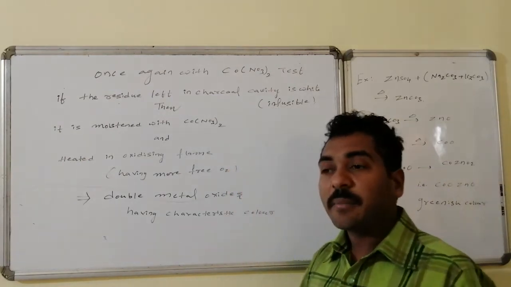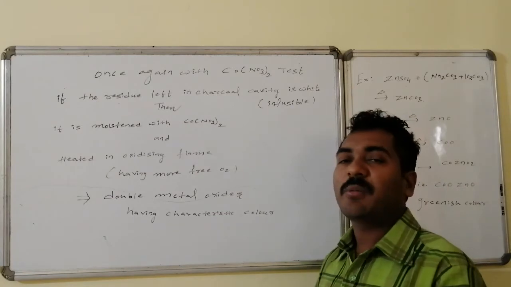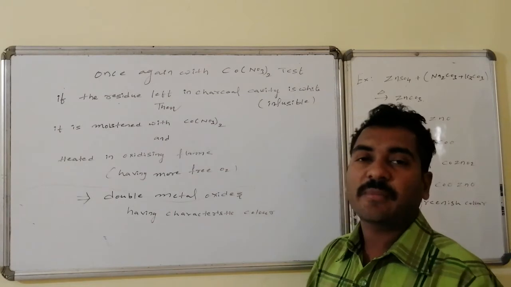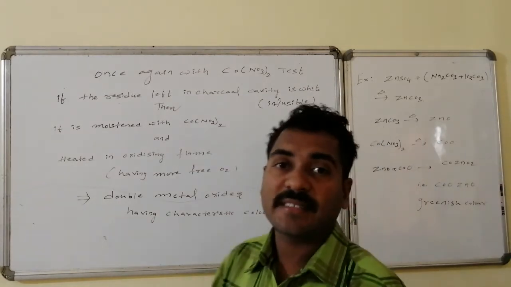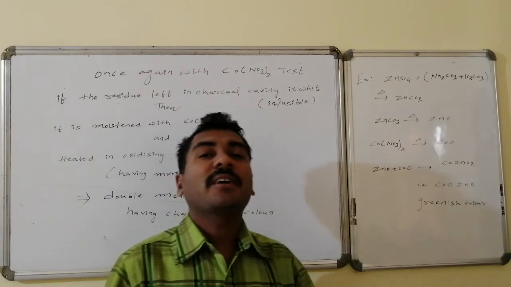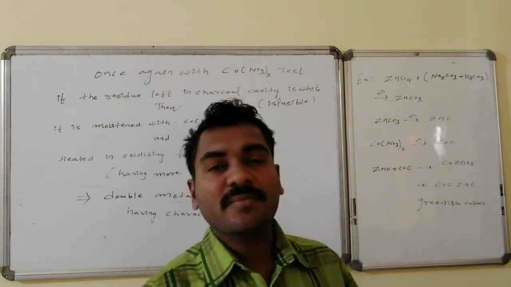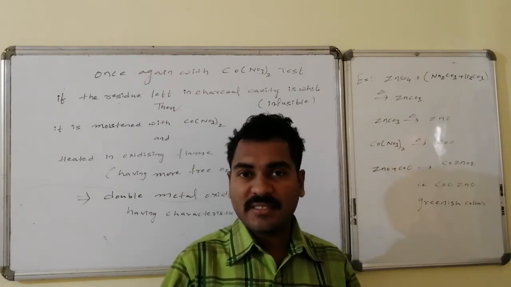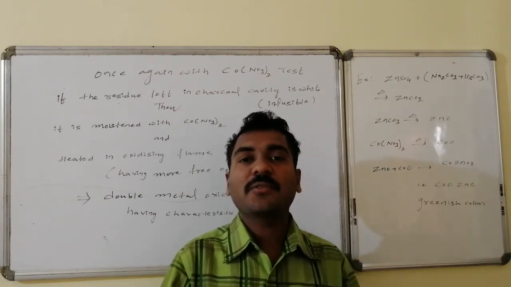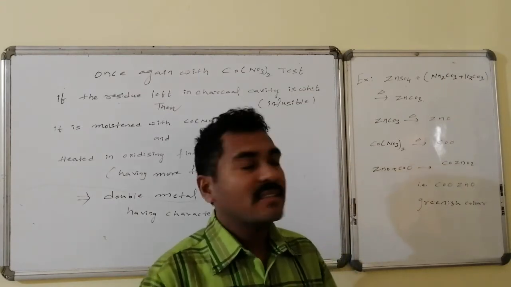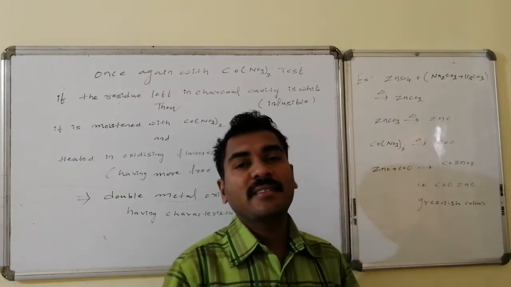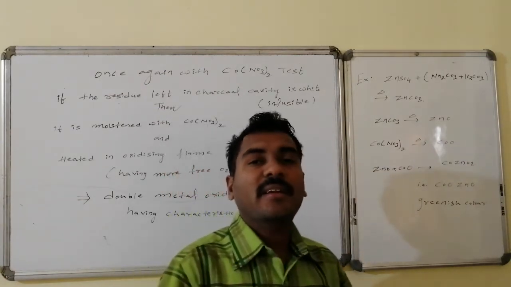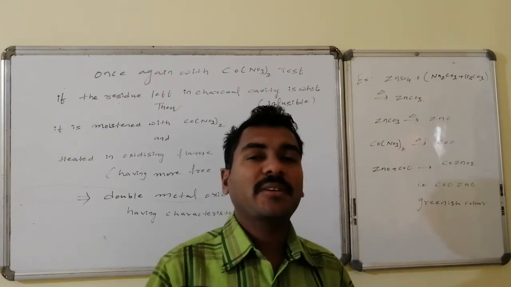As a result, double metal oxide formation takes place. One is cobalt oxide, the second is the metal oxide, combined in 1:1 ratio as an adduct. Thus it has its characteristic color. Suppose in the charcoal cavity test my material is zinc sulfate. In the charcoal cavity test, a sodium carbonate plus potassium carbonate fusion mixture is taken along with the material that is going to be tested and it is heated. As a result, the metal component is converted to metal carbonate, and that metal carbonate under heating conditions is also converted to the metal oxide.